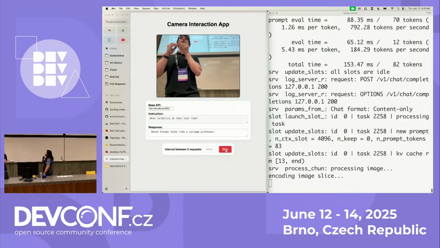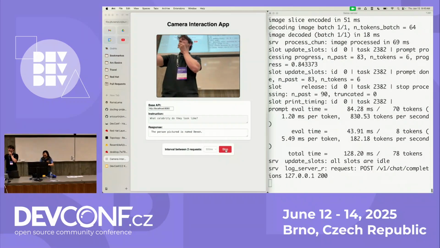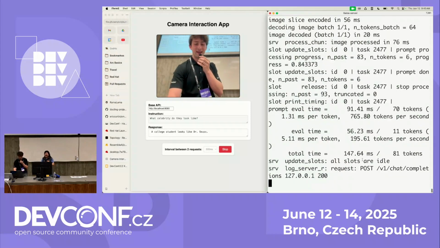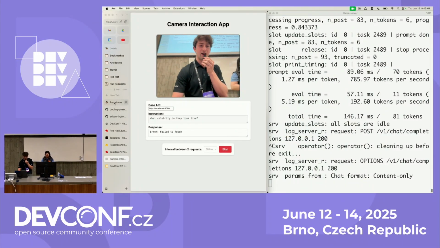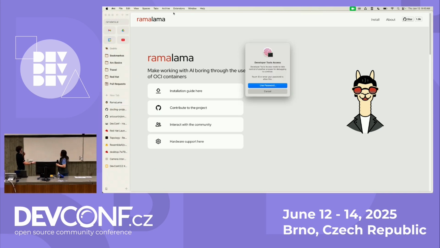So even as you saw that diagram of the technology changing throughout the years, AI is not going to take your job yet. Don't worry about it. And a quick shout out here to Ramalama. If you haven't used it before and you want to use local models, highly recommend.